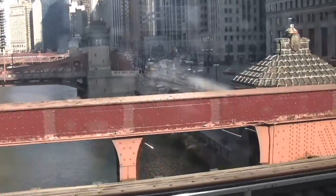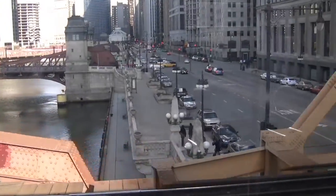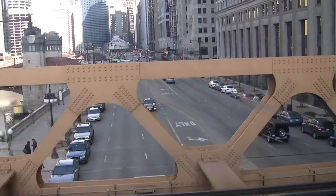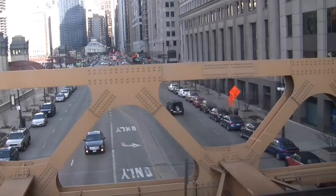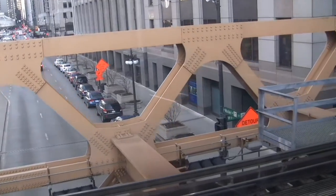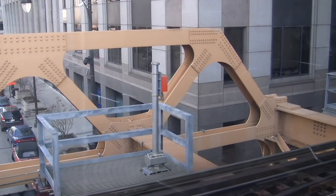You remember when they were digging and broke through to the tunnel system? This was a new structure they put in to get the columns out of Wacker Drive, and they did this over a weekend. They built it next to it here, and then one weekend they...